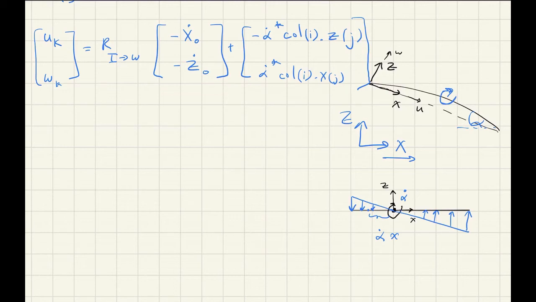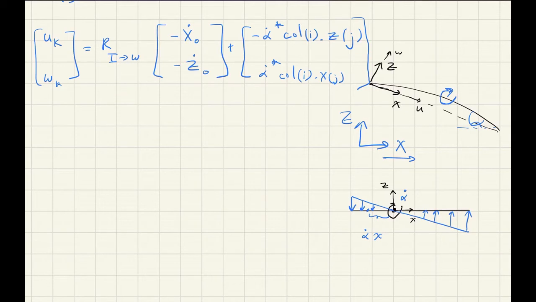And we know that this velocity is negative because it's going down, so it's really minus alpha dot x. My apologies here, it's alpha dot x, and since the x position is on the left side of the origin, then x is negative,